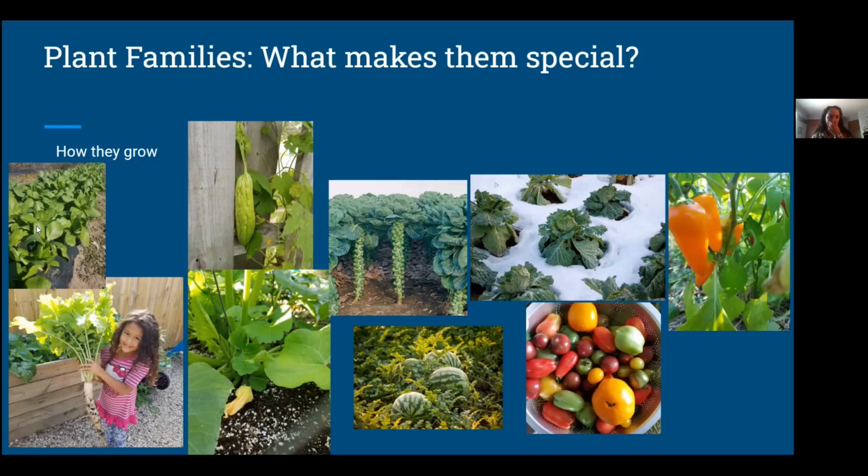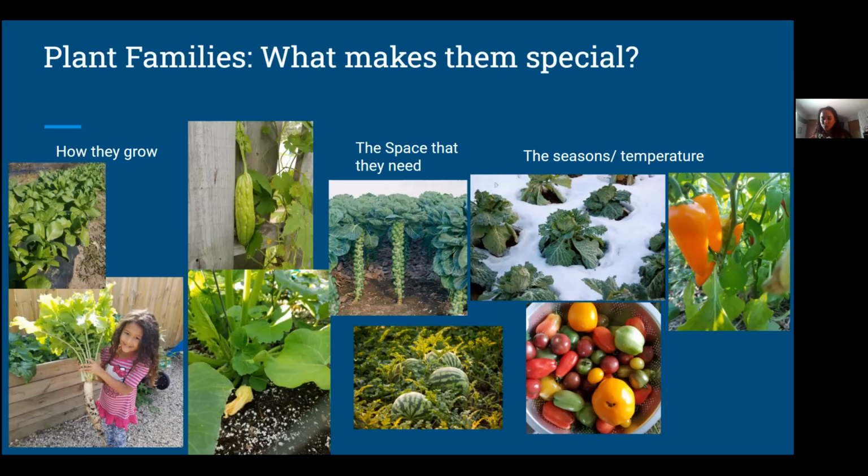our spinach plants over here that are part of the aster family. And then we have the space that they need. So this is some Brussels sprouts, and then we can see right here that the melons really need a lot of space to grow and spread out. And then the seasons and temperatures. As we can see right here, some of our Brassica plant families are very cold tolerant. They're able to handle more of the colder temperatures, whereas our nightshade families, our tomatoes, our peppers, they really love